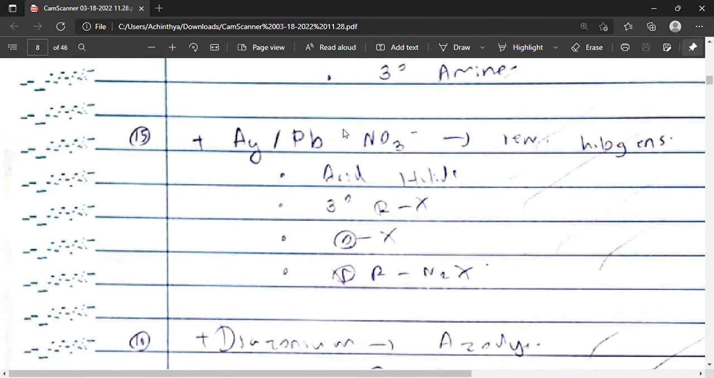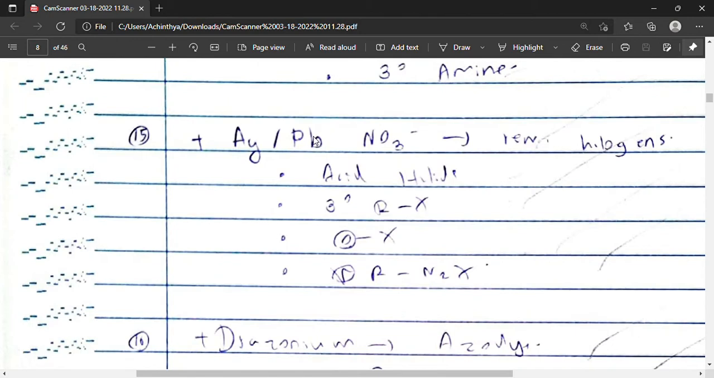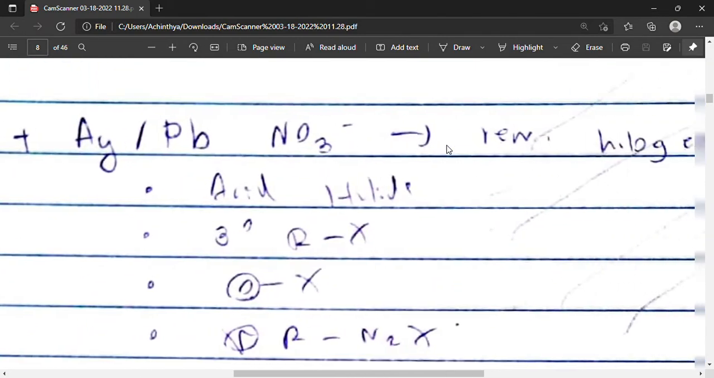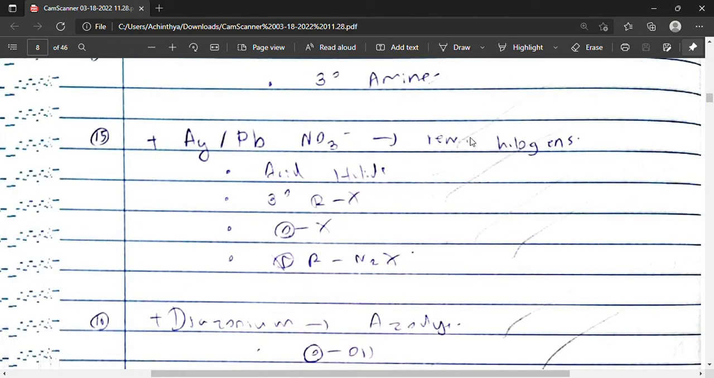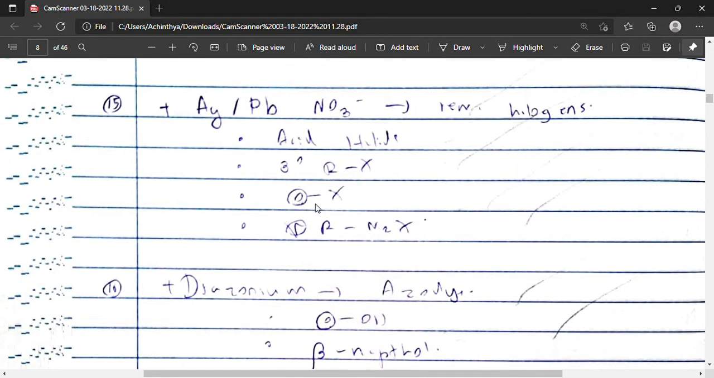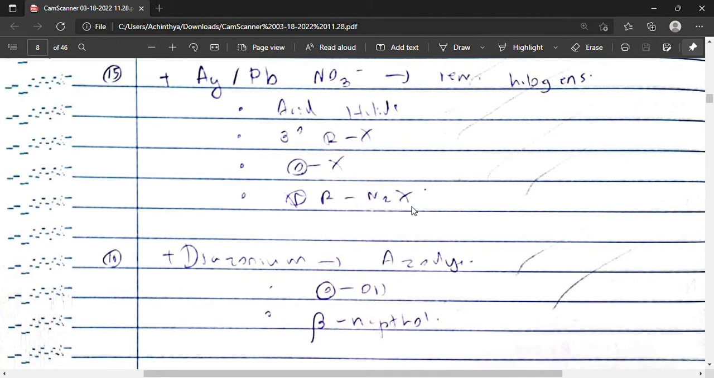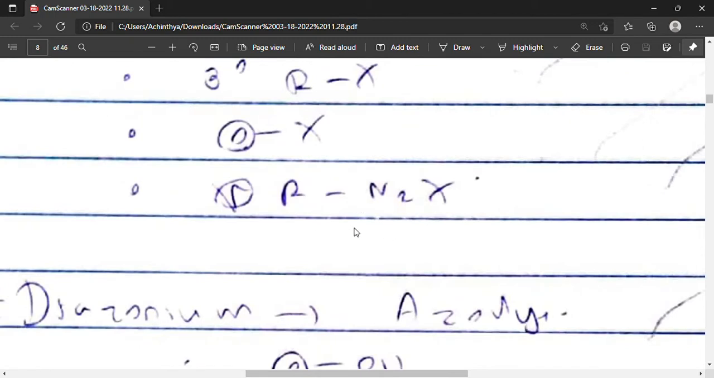If we were to add silver or lead ions into the solution and it precipitates as their halides, basically what it means is we add silver and lead ions, and it precipitates as silver chloride, silver bromide, lead iodide, and so on. It's either an acid halide, a tertiary alkyl halide, a halobenzene, or a diazonium salt. No, sorry, or